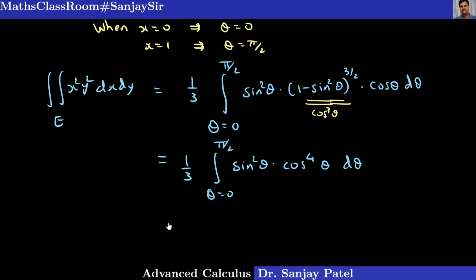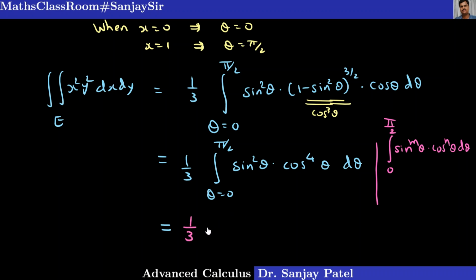You studied it in your previous course. This is the reduction formula of sin raised to m into cos raised to n. So before I write the value of this, let me explain directly. We know this type of formula, integral 0 to pi by 2 sin raised to m theta into cos raised to n theta. There is a big formula, but I am not going to write the whole formula here. You can recall it from your previous courses. I will just write the value directly.